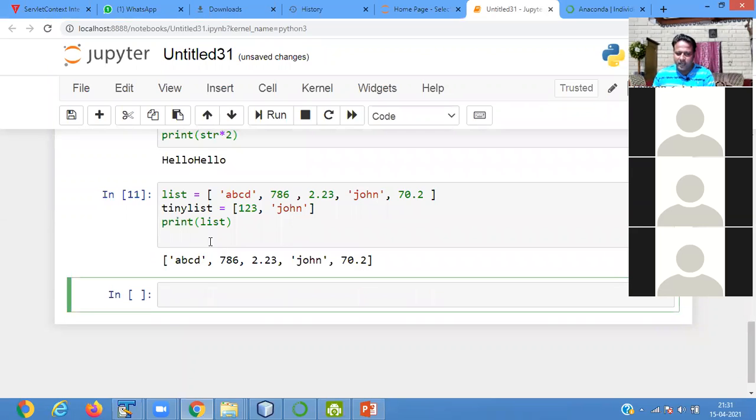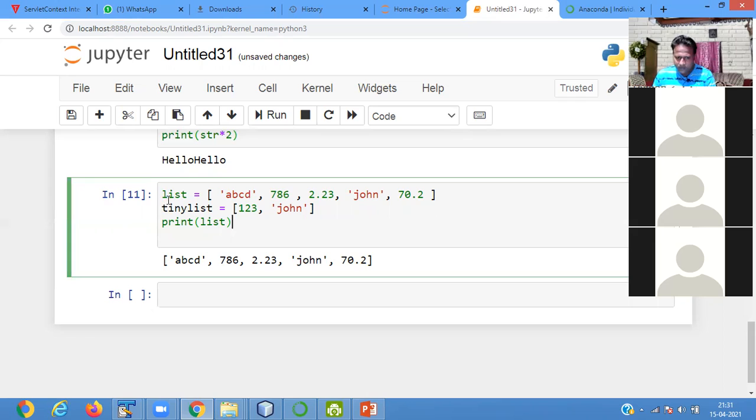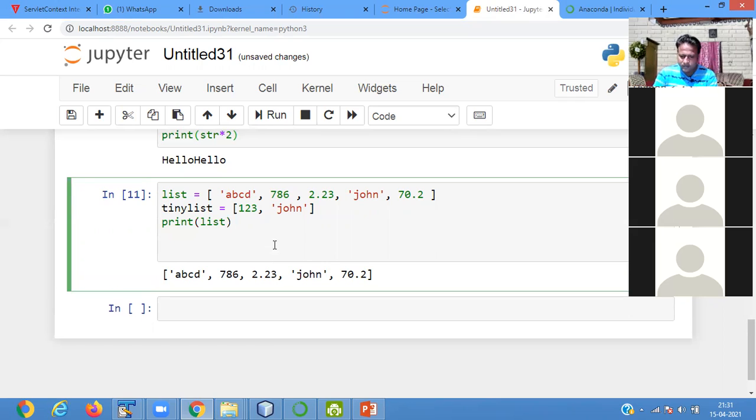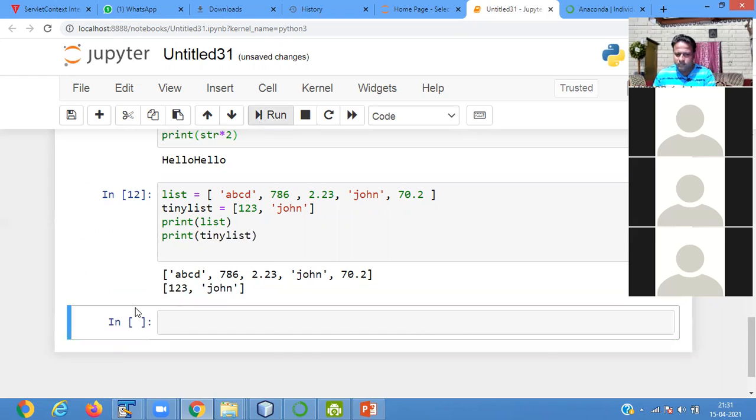Similarly, if I print tiny list, it prints the two elements, 123 and john.